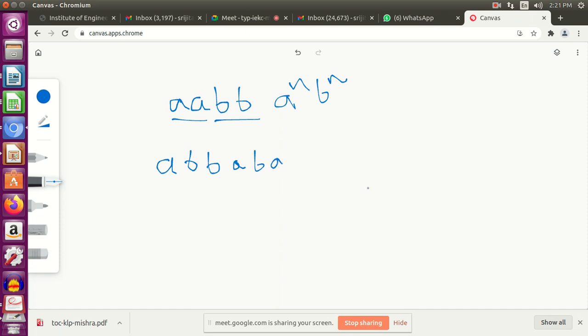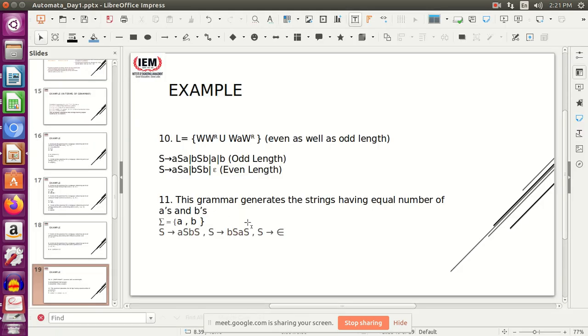So A and B can come in any sequence, but total number of A should be equal to total number of B. For this purpose we have to construct a grammar. Okay, so let's see the grammar.